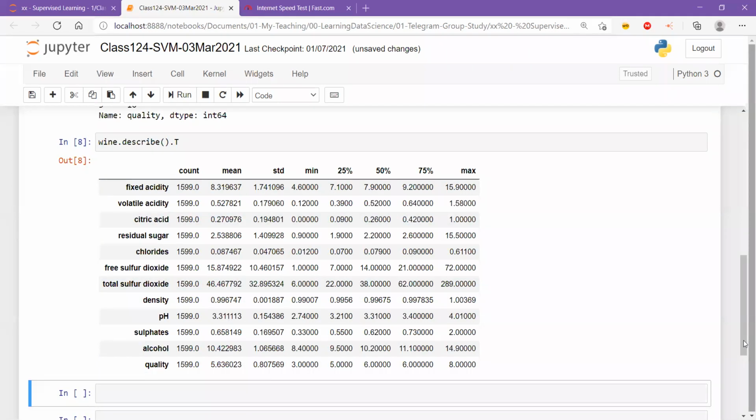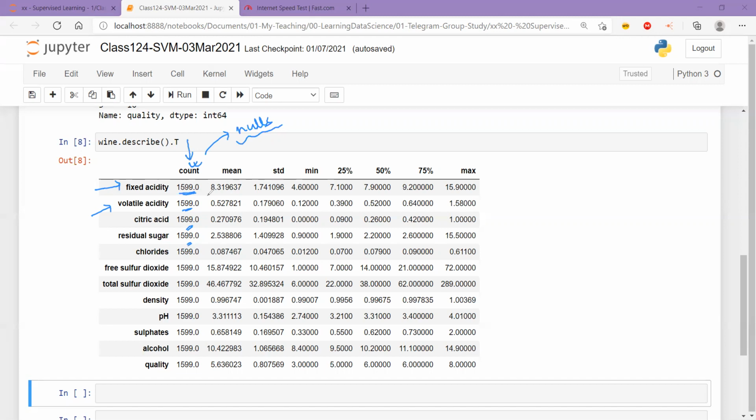Here, let's try to see what is happening. I think it dropped off, so let me take another color. Count is okay. I'm going to look into the count later on to find out if there are any nulls in the data, because I have not run the info command. I don't know whether this is the total number of rows, but it seems there are no missing values because these are all the same. This is a hint that I don't have any missing values. But let's look at the mean as a start. So the average, I'll have to read everything like this now on this side.